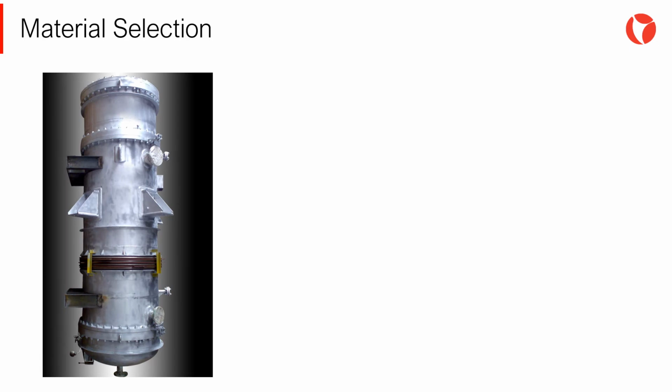Let's see this with an example. It is necessary to determine if the material selected for a new vertical pressure vessel is suitable to operate at the minimum working temperature of the project. The data of the pressure vessel is the following. We are talking about a vertical pressure vessel in the new condition, where the minimum temperature of the environment, or CET, critical environment temperature, is minus 19 Celsius degrees, where the shell presents a thickness of 25 millimeters and